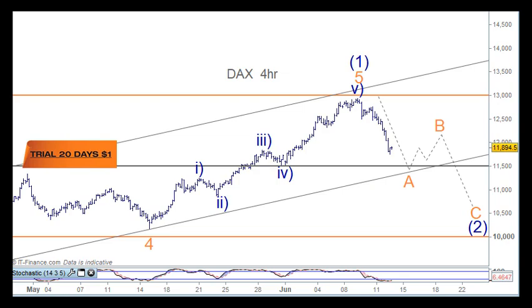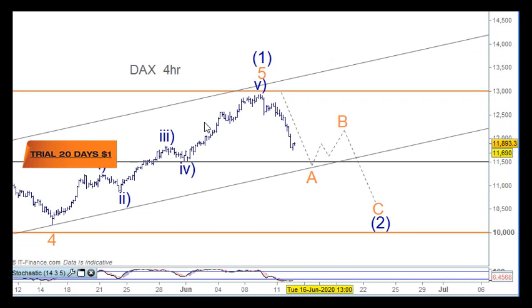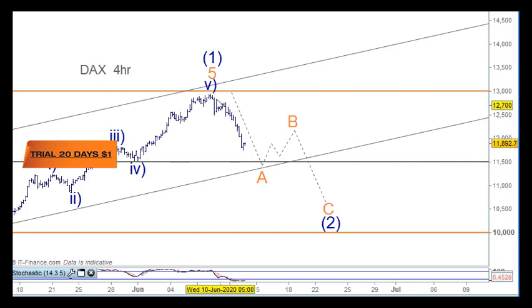So let's just pull this across here. We're looking for 5 waves down here, and then the B wave, and then the C wave here. So it looks like, I mean, this could just be an A and a B and a C and finish roughly around here and then continue to move up from that point. So we need to be a little bit mindful of that.